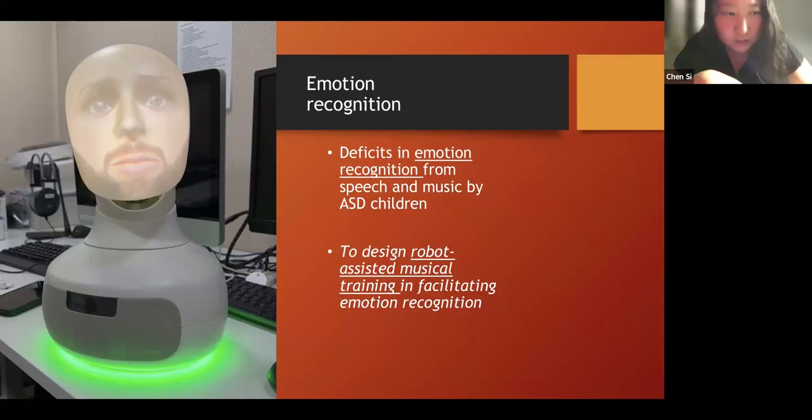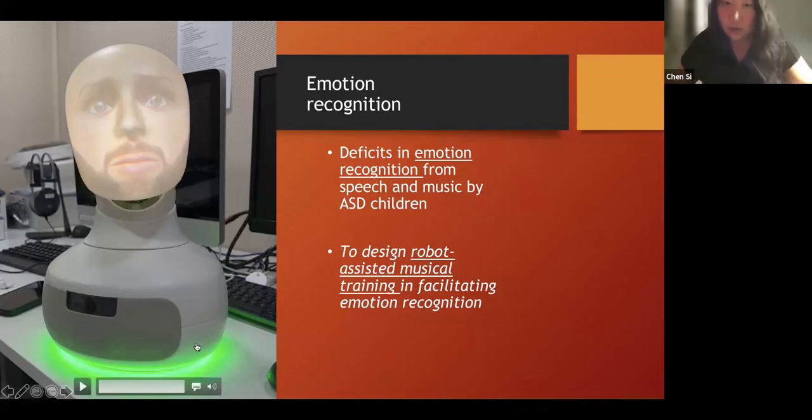Our pilot study actually showed very promising results. The children improved in recognizing facial expressions and also emotional speech and music.